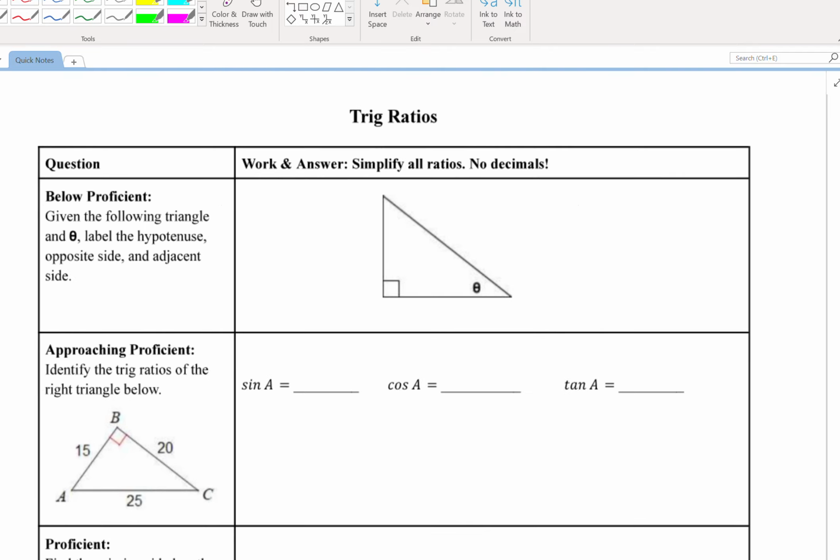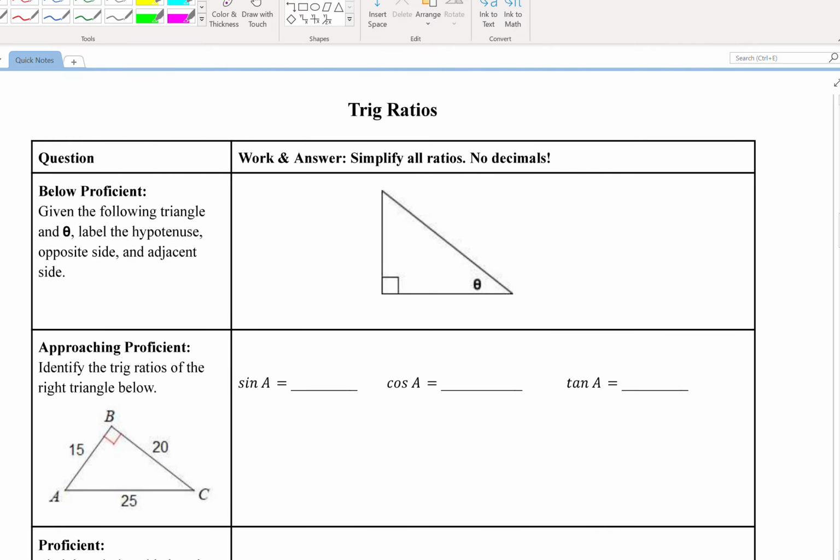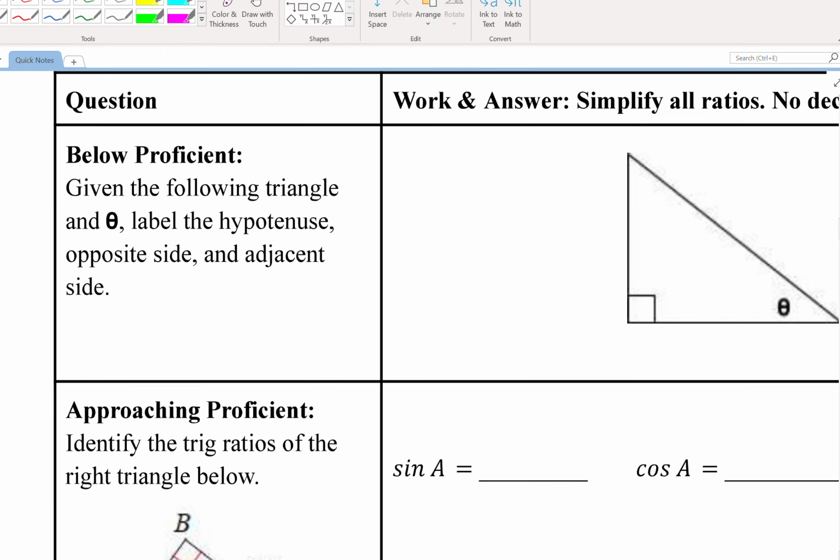Welcome. Here we're going to start trig ratios. This is the below proficient level. And they've asked us that given the following triangle and this thing right here is called theta,